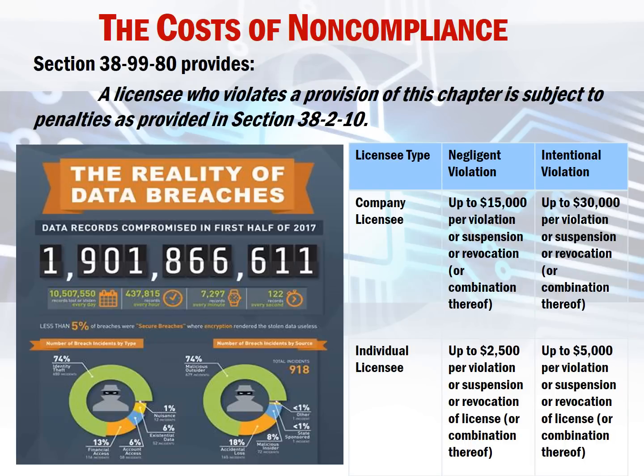In 2017, there were 1.9 billion records compromised in the first half of 2017. Baker Hostetler publishes a report on cybersecurity or cyber incident responses. I think in the report that they did in 2017, there were about 560 incidents. And what they noted was that people continue to be the problem because phishing tops the list of why breaches occur. They click on emails or links that they're not supposed to, that they shouldn't. And crypto miner attacks are on the rise.